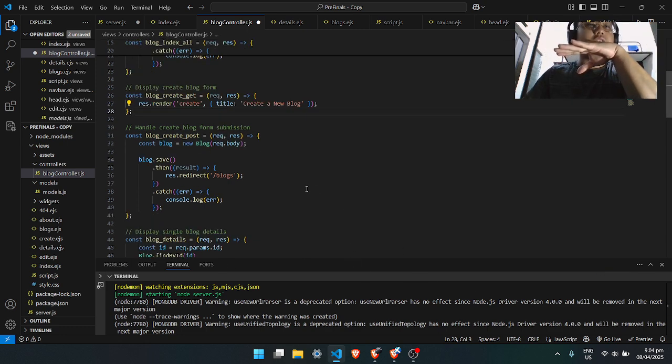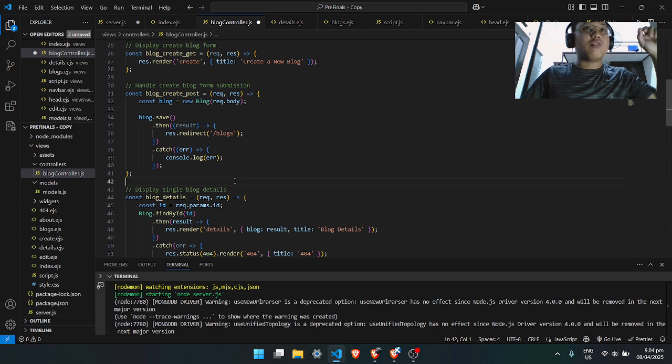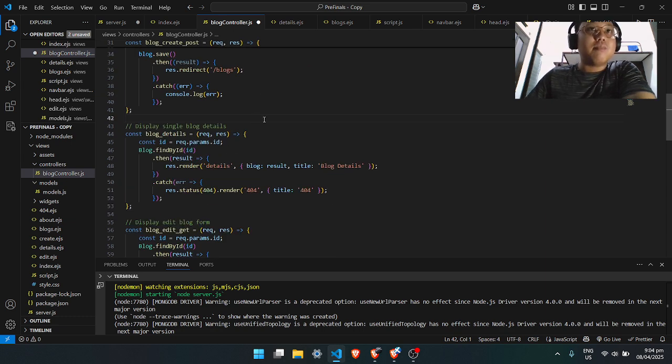And for the blog create post, it basically creates a new blog with the body, and when saved, redirects to the blog site. That's it. For the blog details, it means getting the ID of what is chosen. When you click read more, it will take the ID of that read more and find by ID.